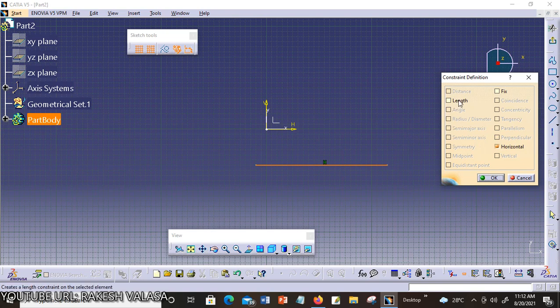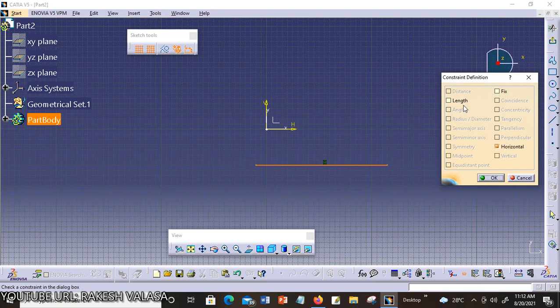Here for a line, three options are highlighted: length, fix, horizontal. Length means apply the length constraint for selected sketches. Fix means fix the location of the constraint, such as fix the position of a line. Horizontal means apply the horizontal constraint on the sketch.